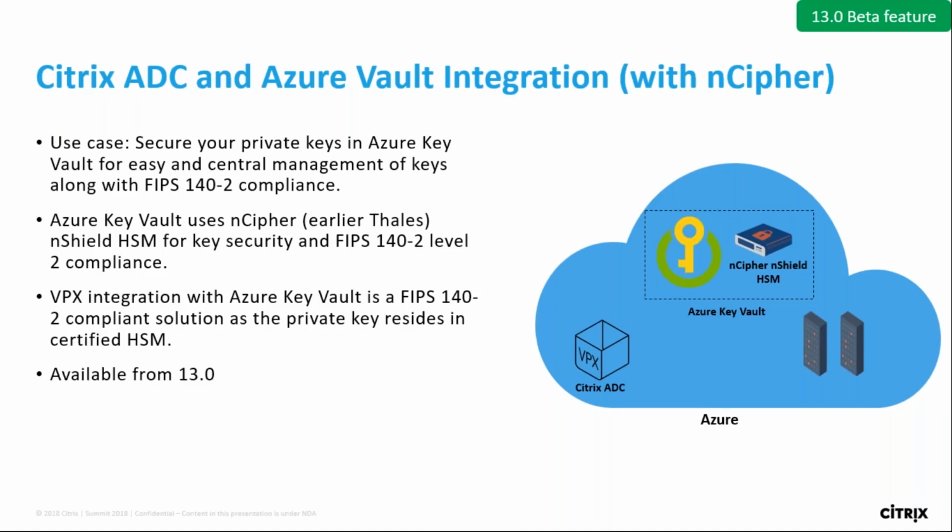Now I'm going to deploy the Citrix ADC in the Azure cloud. So before contacting the app server for the application data, Citrix ADC is going to talk to the Azure Key Vault for getting the private keys to complete the SSL handshake. And after a successful handshake, Citrix ADC is going to send the traffic to the application servers. This feature will be available in 30.0.